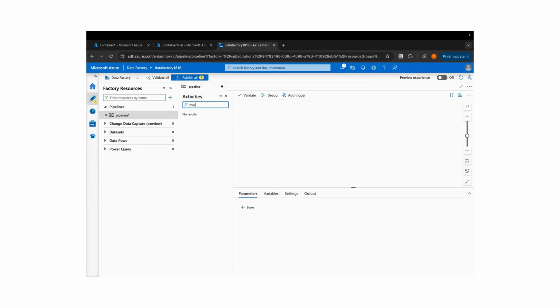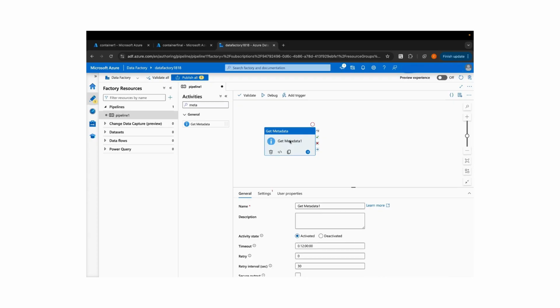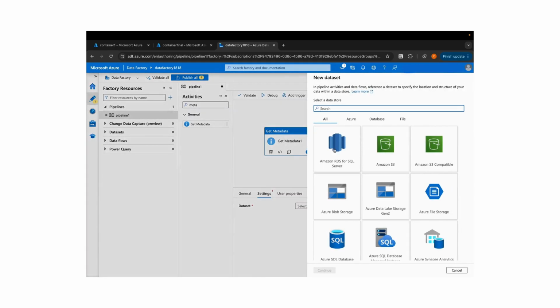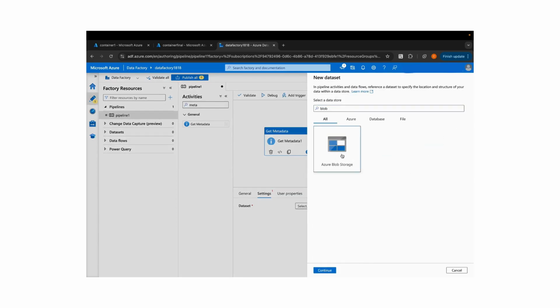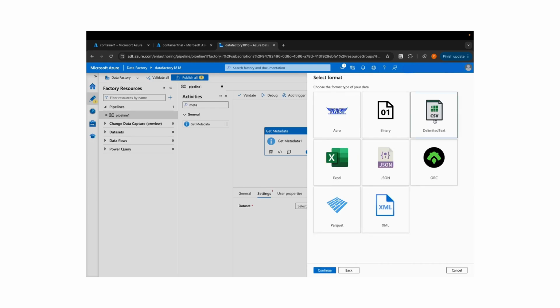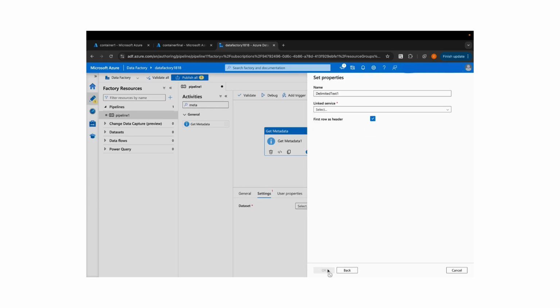Then you have an activity called get metadata, which helps you understand how many files are in the folders, what their names are, when they were last modified, etc. Simply the metadata if you give it a container, etc. So in here, this is my first activity. Here I have to set up a path to my blob storage. So Azure Blob Storage, this is my data set. I have the CSV files, and then I'll click continue, and I'm naming this